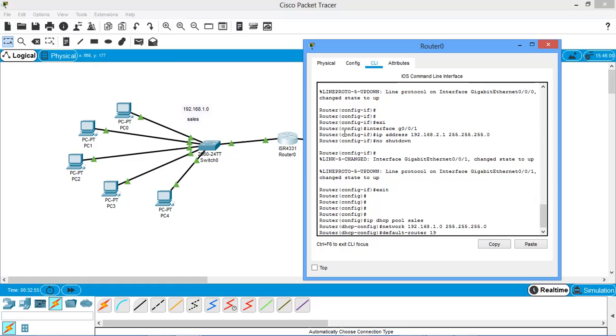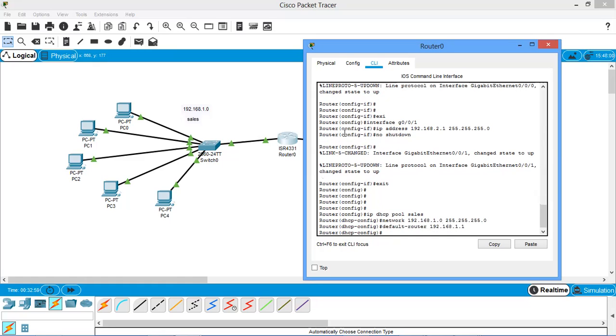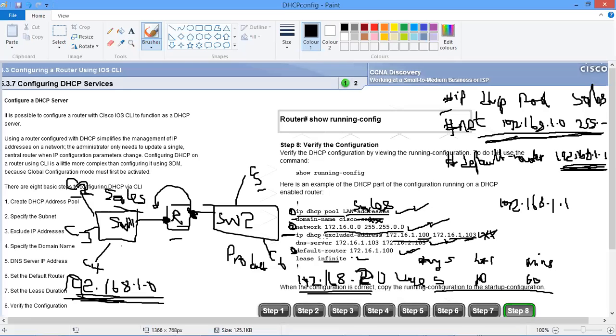Now my default router is supposed to be my gateway. In fact, this is all that I need. If you want to do this, you put this. What again do you want to do? What else do we used to have there? If you want this, okay. To exclude the